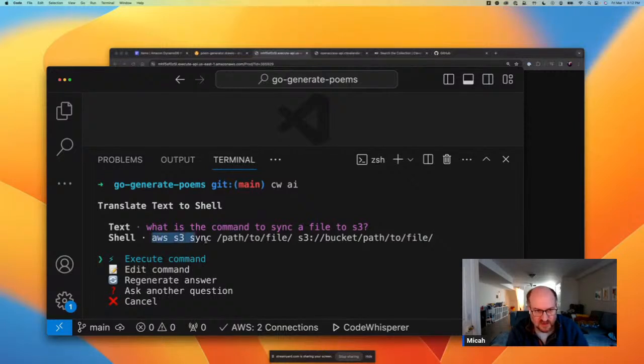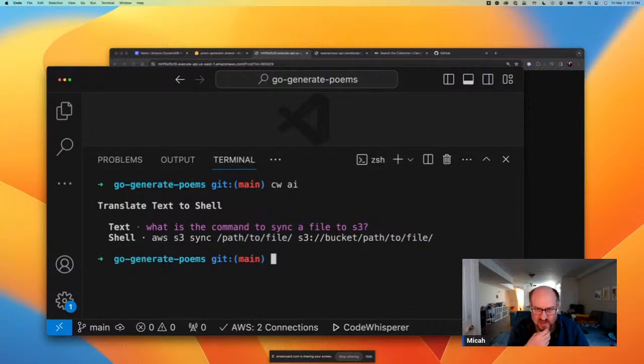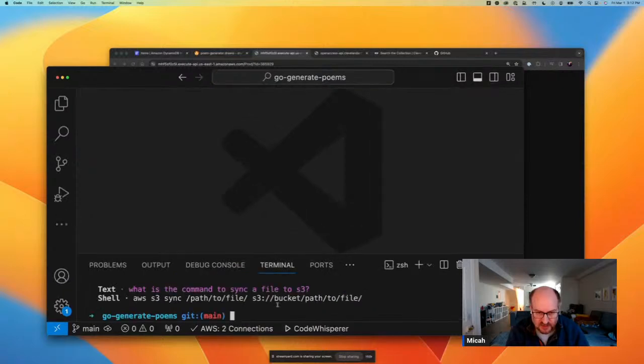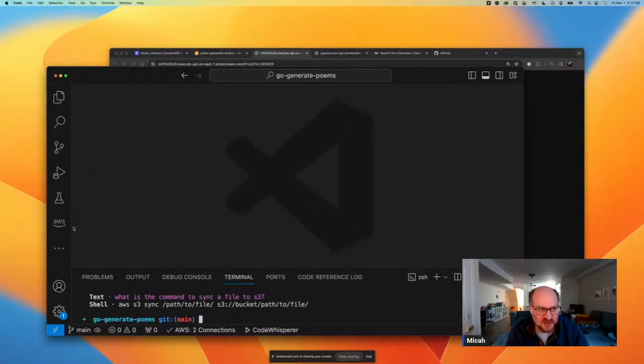And so you can do that, and it'll actually just come up with the command for you right there. So here's the command, and you can actually execute that command, or you can edit it, or try again, and we're just going to cancel for now. So it's a pretty useful tool. I really like having it in there. Let's make this back to a normal size. And then the other thing, last time we looked at Amazon Q,